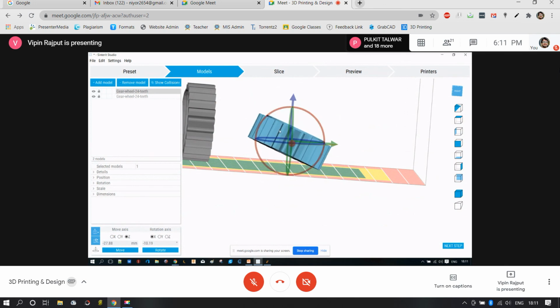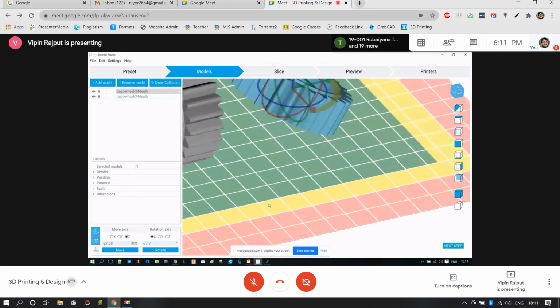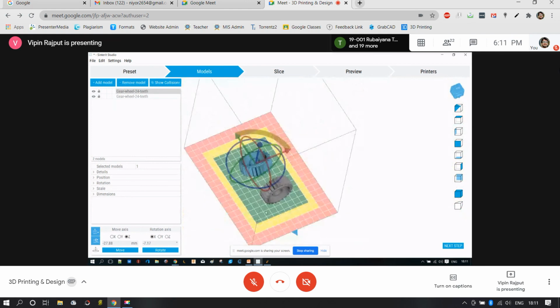The angle of inclination should lie between 45 and 60 degrees. That's up to you which one you want, but the suggested one is 45 degrees for both SLA and SLS. So, any other doubt or query?